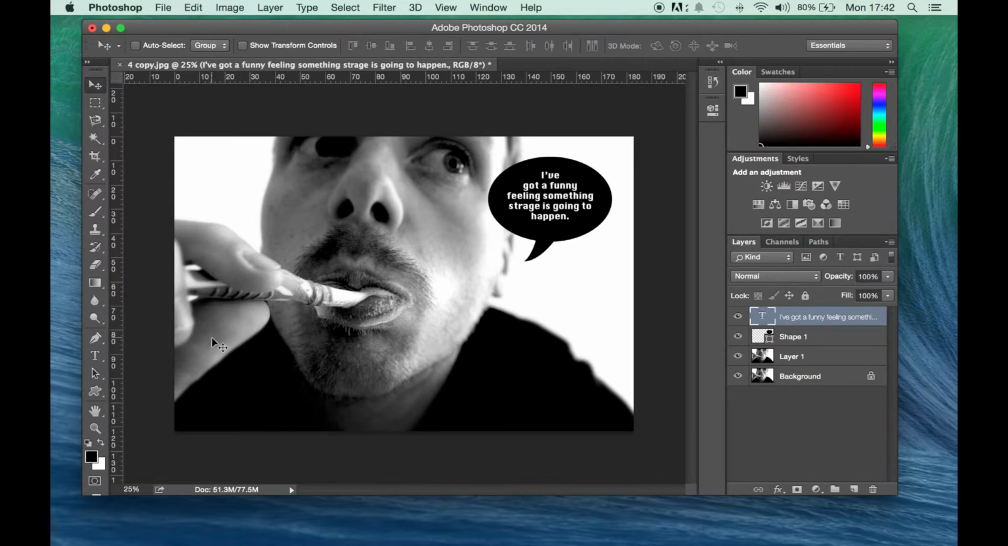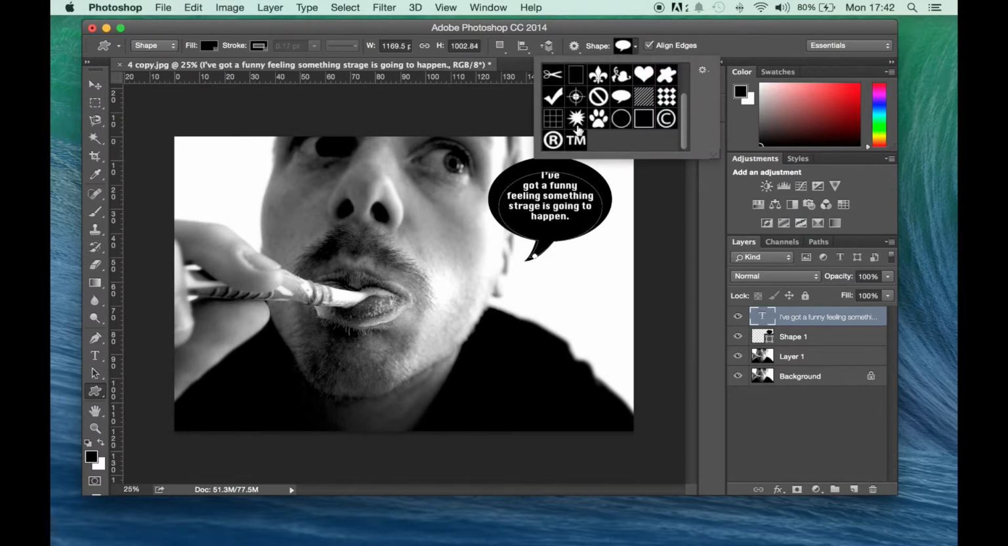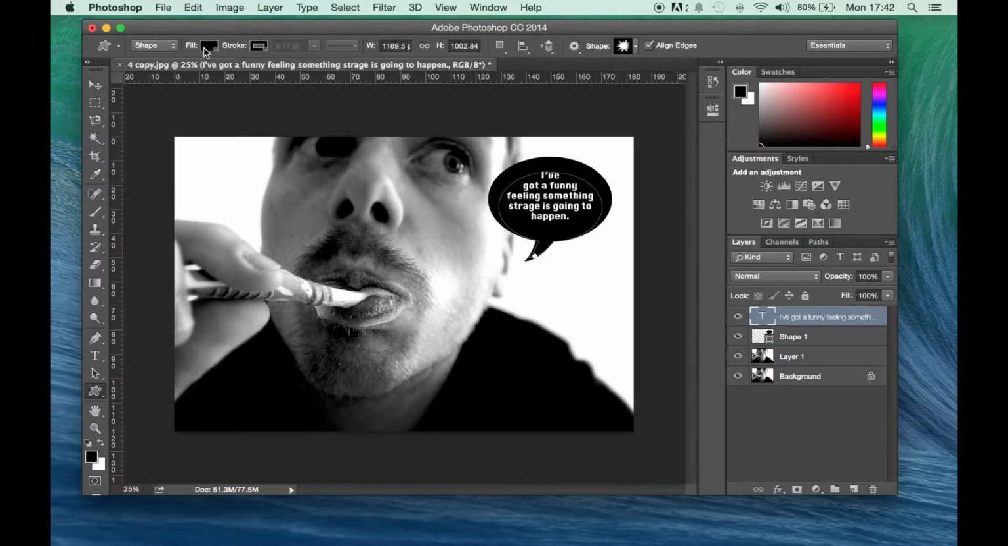Okay, so let's try something different. Let's try a different shape then. So let's try this crash shape here, this little starburst. Okay, let's try it with a different color. So let's have a red. So if we go to fill,